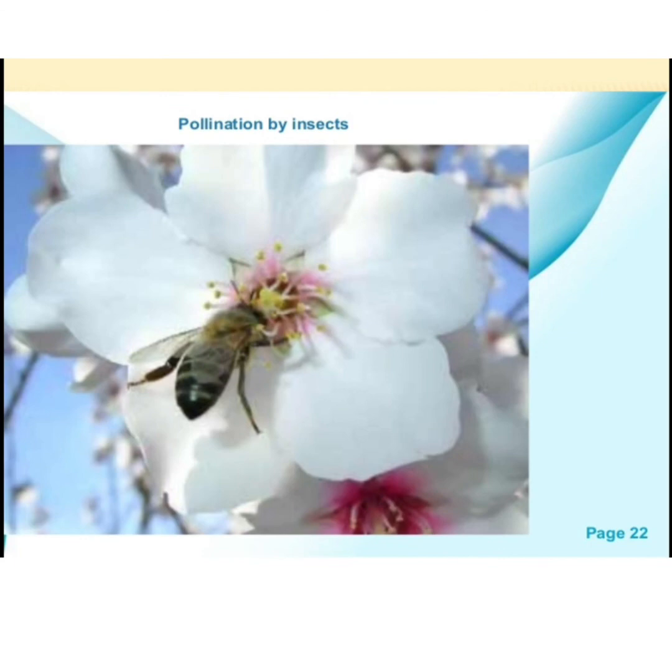The second thing is pollination by the help of water. If the plant is in water, what happens? Its pollen grains go into the water, and by the flow of water they go to another plant and get reproduced there. And the third is wind. When the anthers burst out, the pollen grains are light-weight, so by the help of wind they go to another stigma, and that is also one pollination type. Okay, pollination carriers.